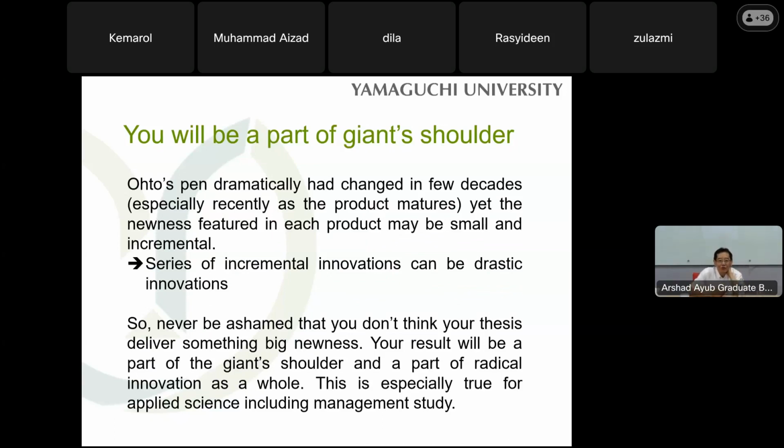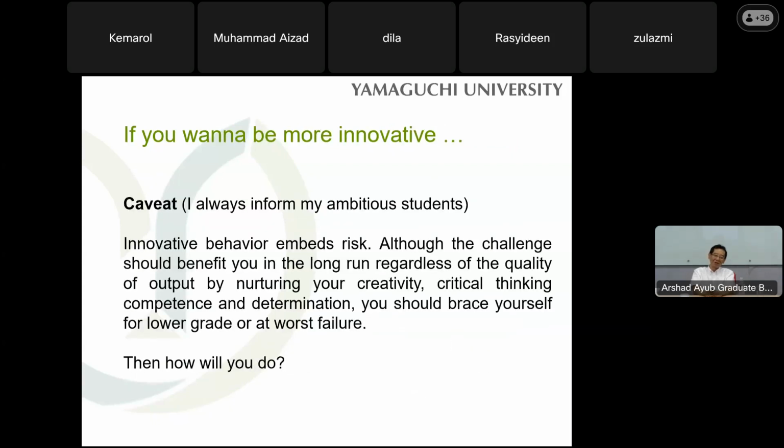This is especially true for applied science, including management study. So be innovative and never be ashamed. You don't need to deliver something big. But if you want to be more innovative with your coming thesis project,